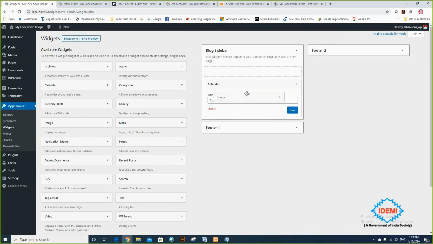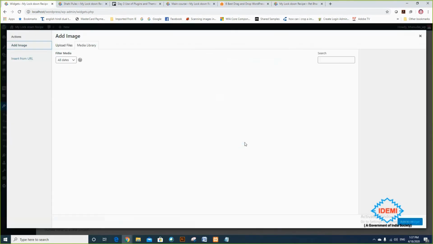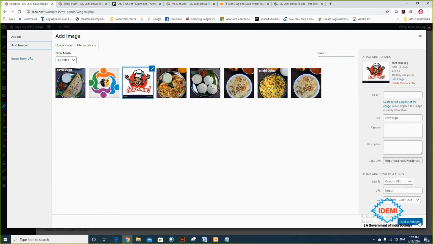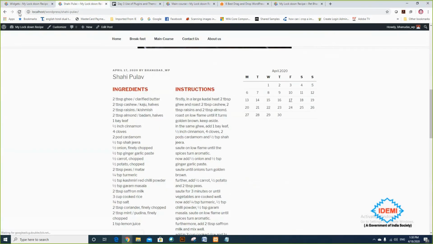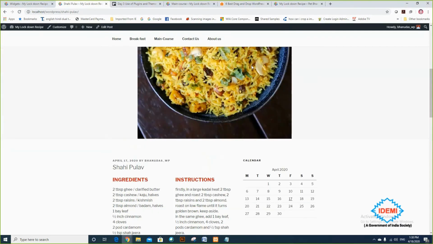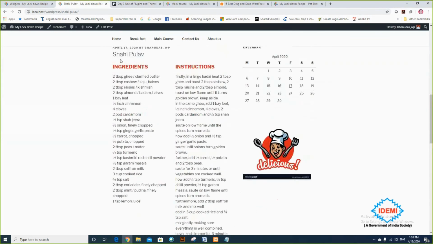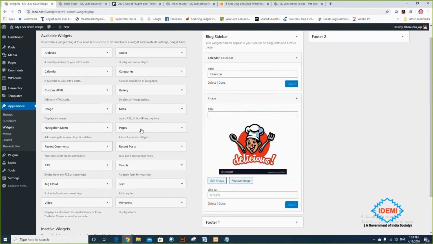If you want to put an image, you can put a specific image, and you can add that image from here. Suppose we are adding an image to the widget and saving it. So every time, okay. Now according to my requirement, I can form my sidebar. So this is the sidebar which I am showing you, and that sidebar I can form by using n number of options.